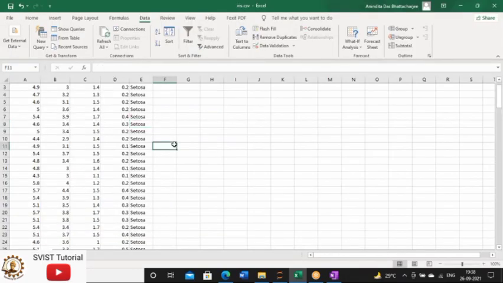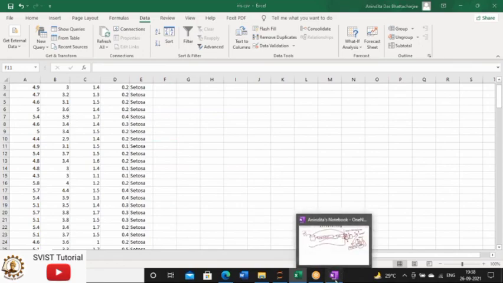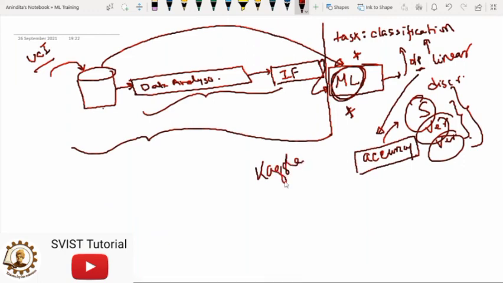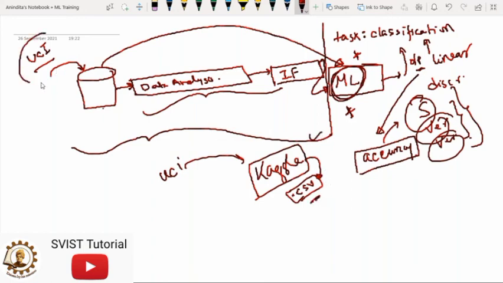You are not getting your data like CSV. But I have one option, a shortcut. If you don't want to process your data, go to Kaggle. See, Kaggle is fetching data from UCI, and in Kaggle you will get everything whatever you have in UCI, but you will also find the CSV format. It's ready-made, it's available. This CSV format is available in Kaggle. So instead of going to UCI, you just access Kaggle and fetch any CSV file from there.